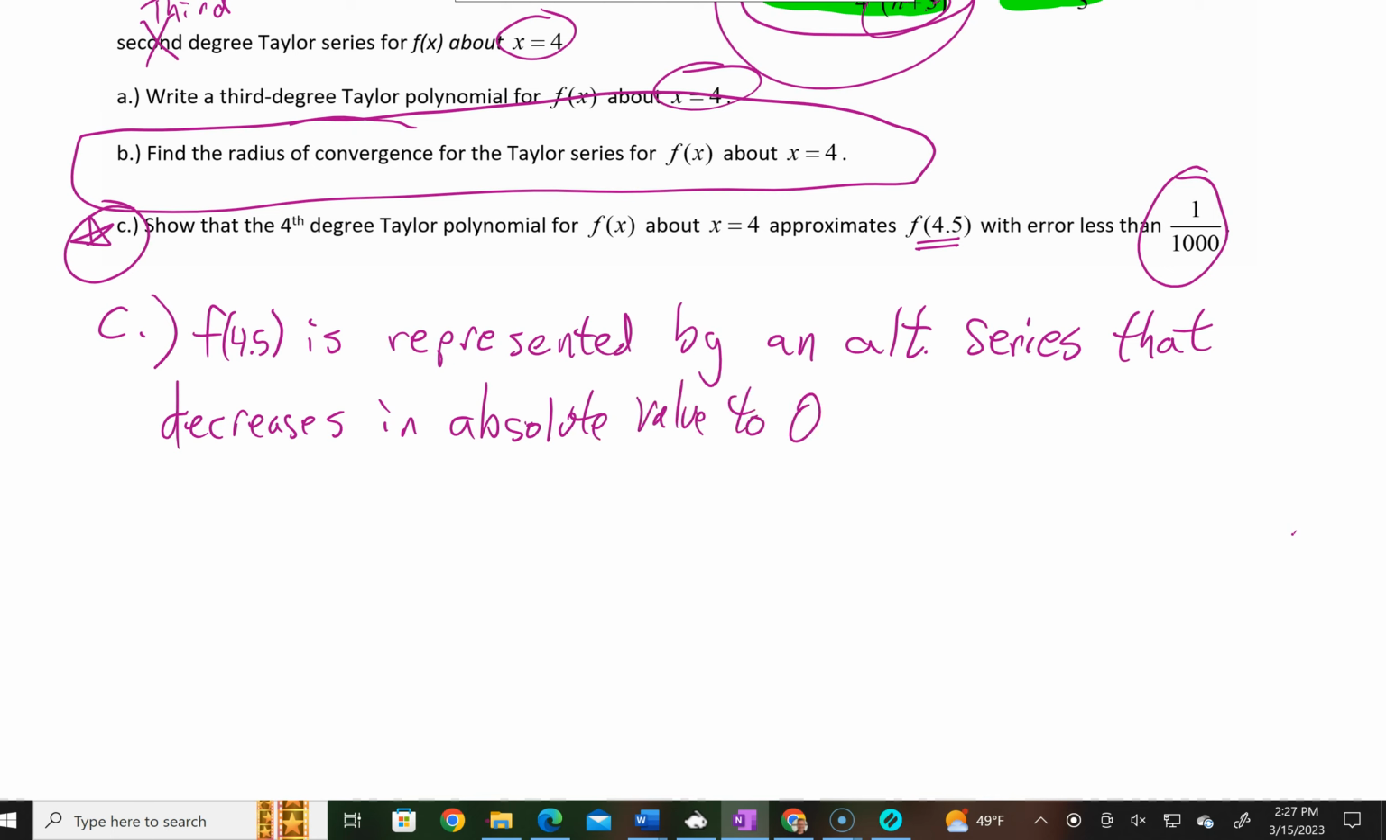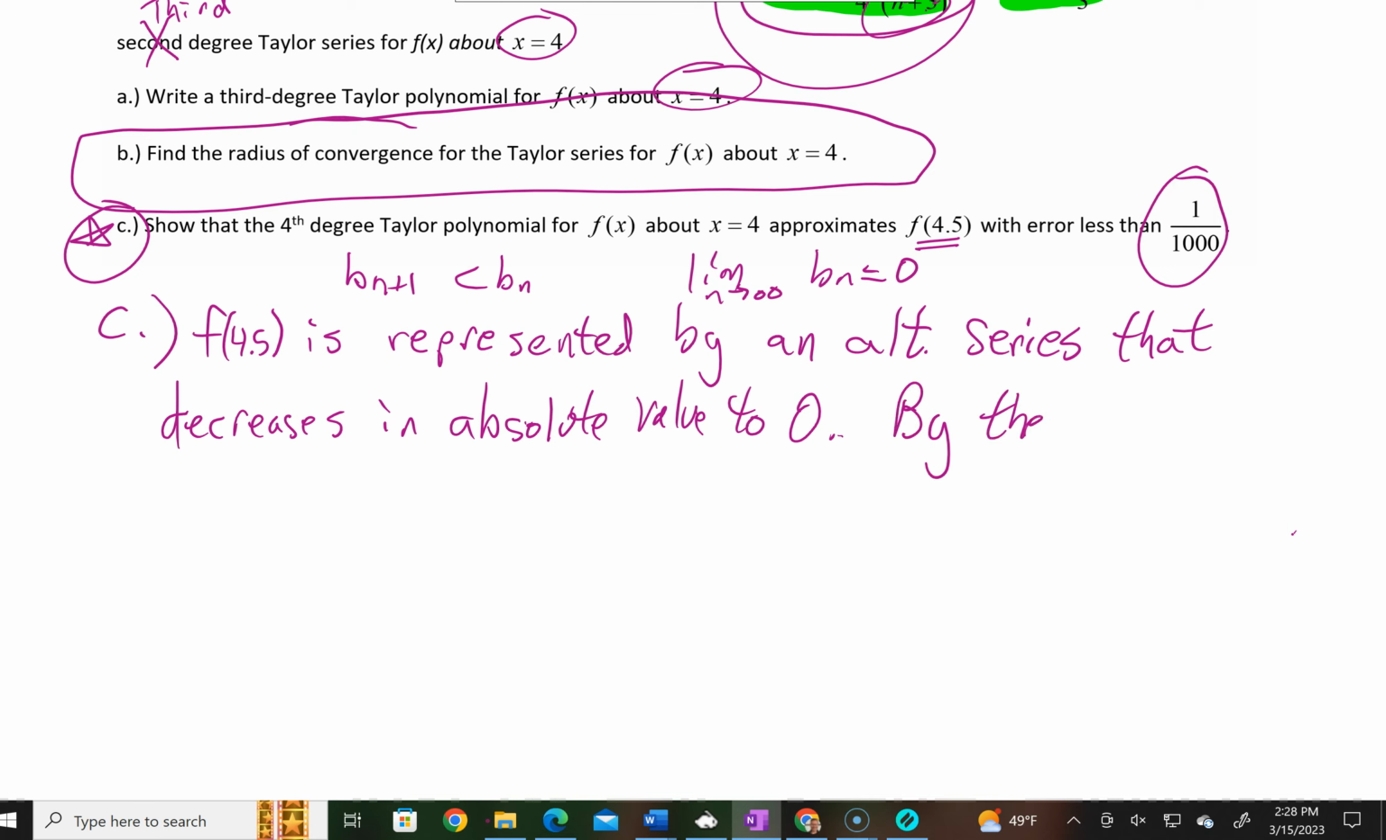Now, that's something that you're going to see enough. You should be familiar with that language. What I'm really saying is b sub n plus 1 would be less than b sub n, and the limit as n goes to infinity of b sub n would go to 0. Ignoring the plus minus signs, those terms are getting smaller and smaller, and they're heading towards 0. You could say by the alternating series estimation theorem,